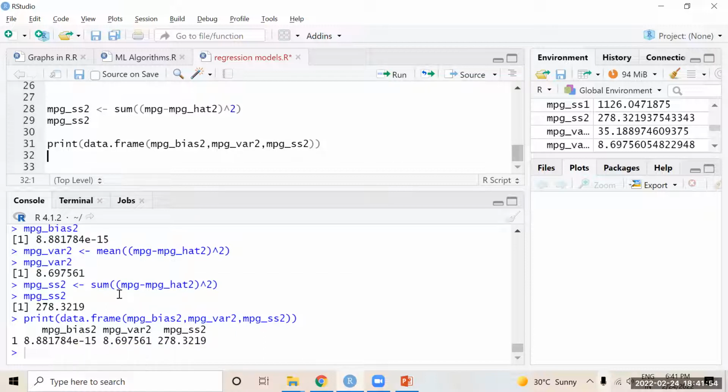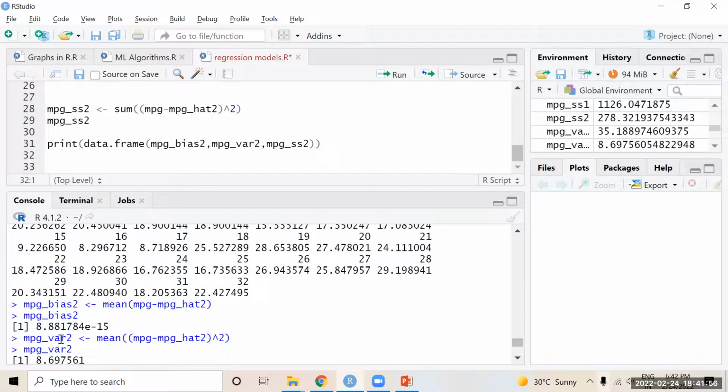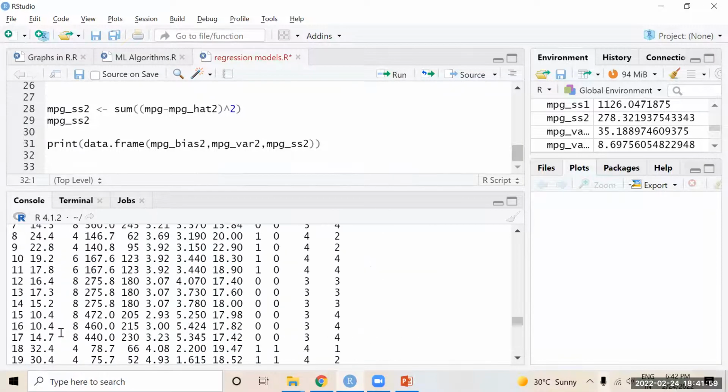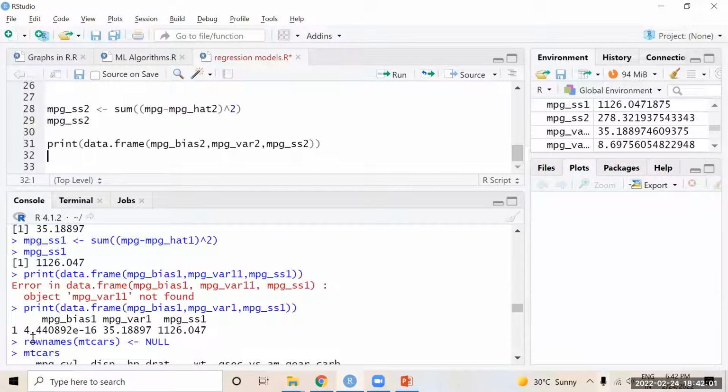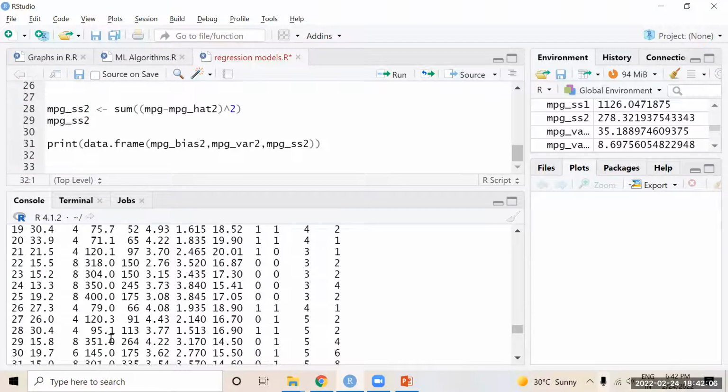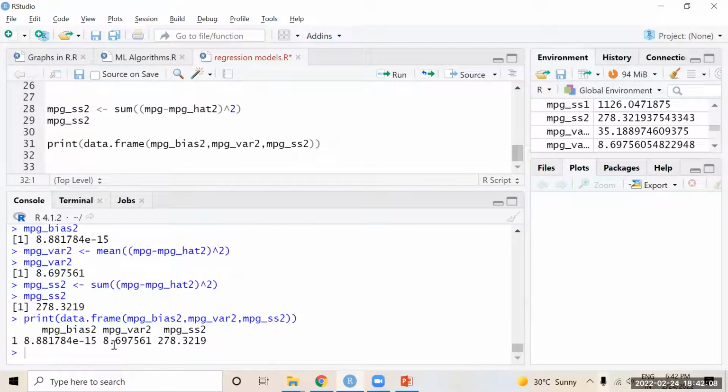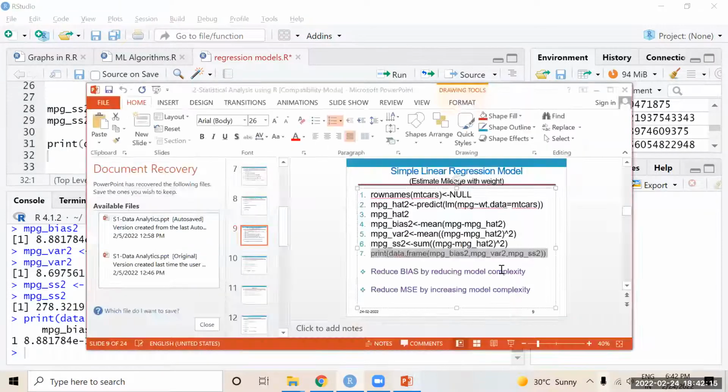So previously existing values were 4.4, then 8.8, 35, and here the variance is 8. That is the actual variance, but here are the predicted values and variance. We can reduce the bias by reducing the model complexity, and we can reduce the mean square error.